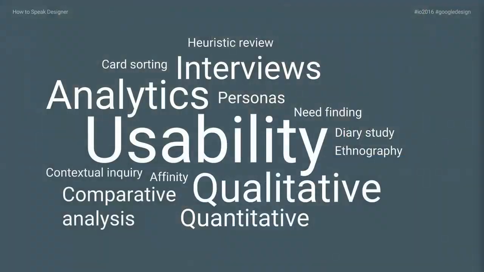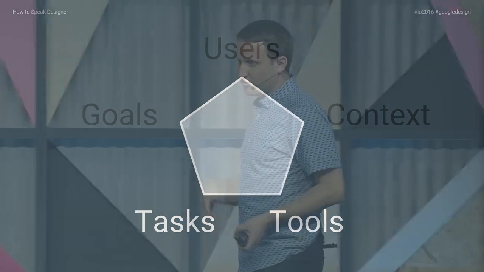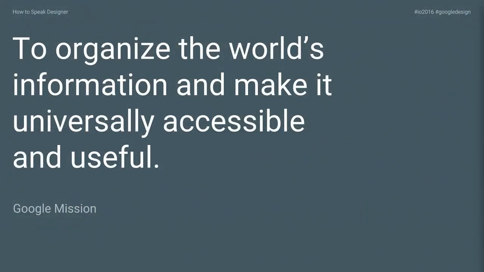Now, our research colleagues have just as big a vocabulary, and we can't possibly do service to all of that in this talk today. But if you really want it, clamor for a sequel in your space or in the YouTube comments. So coming back to design, interaction design focuses on the tools and the tasks. We're building the tools to help accomplish the tasks. So as an example, I'm going to take one of our newest tools to walk through how the design process worked. There's another Google statement, our mission statement, that I think most people are quite familiar with: to organize the world's information and make it universally accessible and useful.